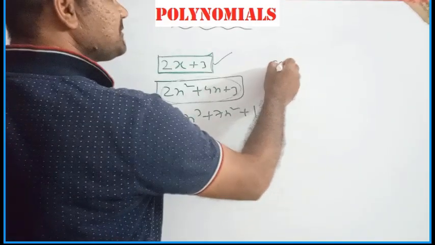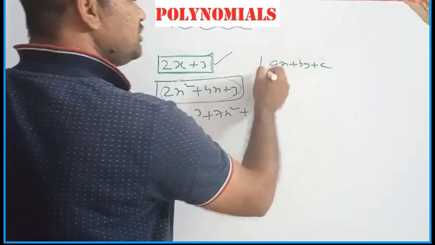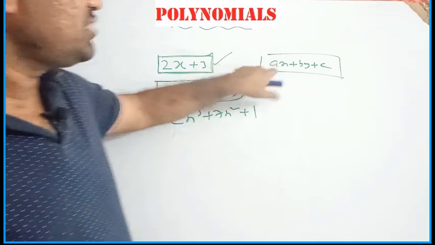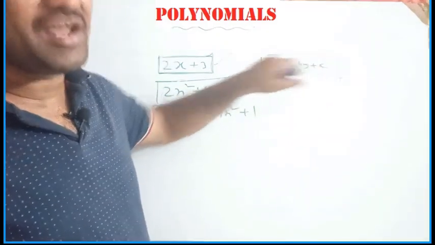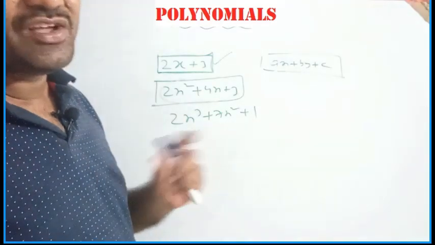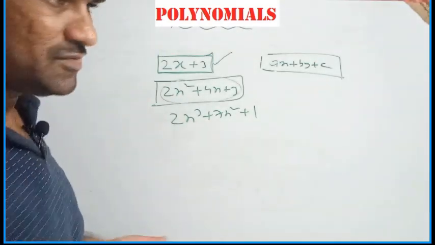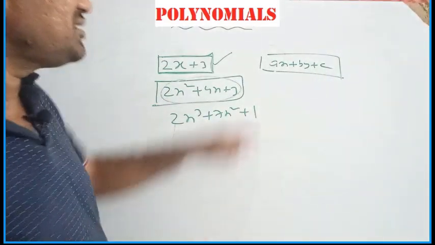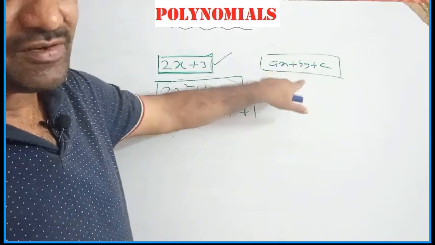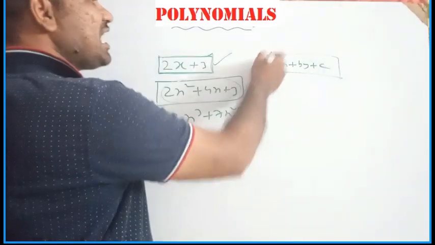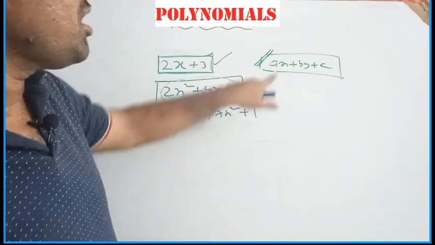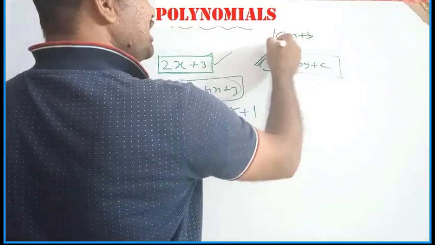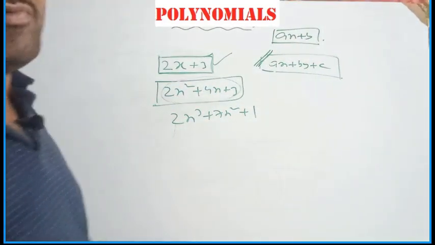For example, ax plus by plus c is given. This is also a linear polynomial only, but two variables are involved here, x and y, and a, b, c are arbitrary constants. You should know the difference between constants, variables and arbitrary constants. That is not a big problem. ax plus by plus c is a linear polynomial because it is a polynomial whose degree is 1. So this is taken as the standard form of a linear polynomial involving two variables, and ax plus b is taken as the standard form of a linear polynomial involving one variable.